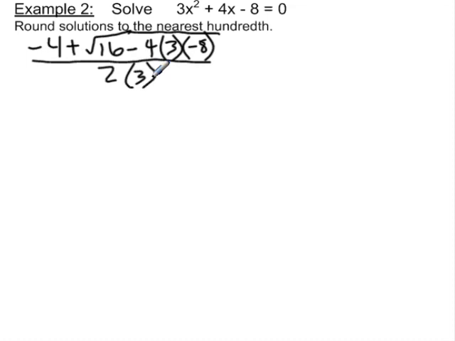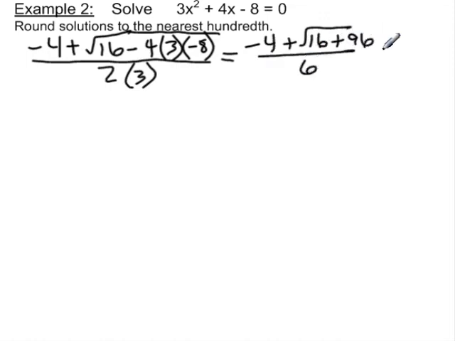Okay, so all I've done so far is just plug straight into the formula. I went ahead and squared that just because there's no sense in adding an extra step for that one little step. So now let's go ahead and multiply this out. We get negative 8 times 3 is negative 24, times 4 is negative 96. Okay, so that's going to leave me with negative 4 plus 16 plus 96 over 6. Okay, so that's negative 4 plus,